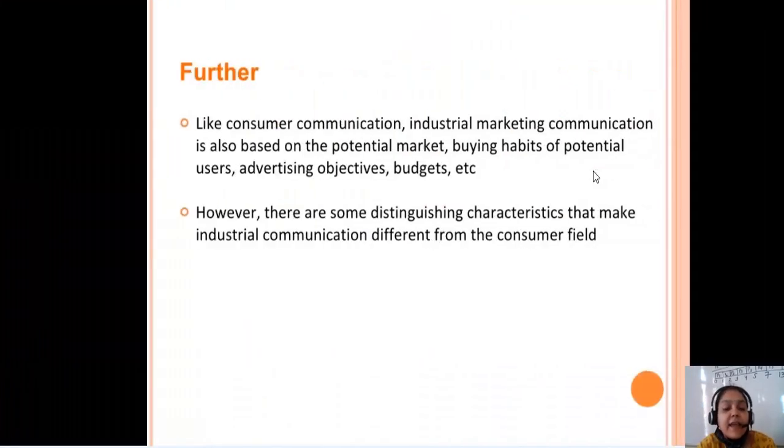Next, there are various types of people who do various types of communication. Consumer communication is something different, and industrial marketplace communication is different. They have their own potential and their own way of doing things. Okay, it is also based on the potential market, buying habits of potential users, advertising objectives, budgets, etc. It is telling you that consumer communication and industrial marketing communication are totally based on a very good potential type of market, where you find out which are the good type of users,